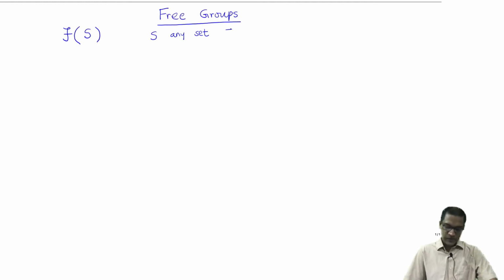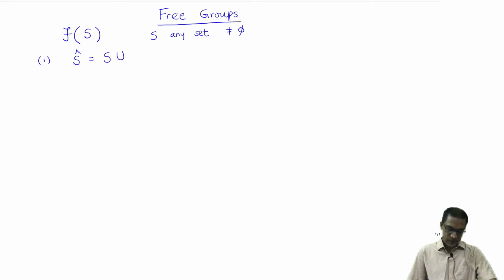And we can talk about the free group generated by that set as follows. Of course, it really only makes sense to talk about non-empty sets for the free group. So how does one define it? Well, we just follow the same steps that we followed when we defined the free group on two generators, which are the following. Recall, what did we do first? We looked at the augmented set S hat. So I'll do the same thing here.